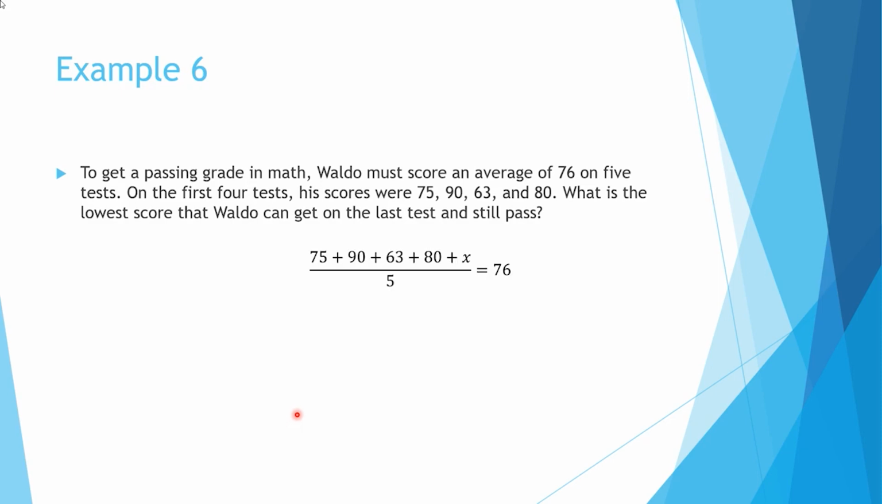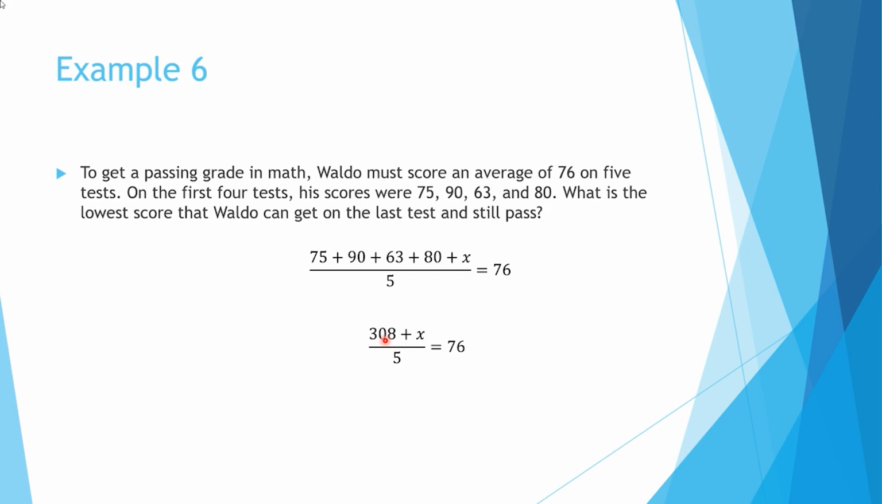Interesting math question. So this is how you're going to set it up. You add all the values and then you have x because you don't know the value of the 5th test. And you're going to divide it by 5 because there's 5 tests. And the average he figured out that he needs for the class is 76. So what you do first